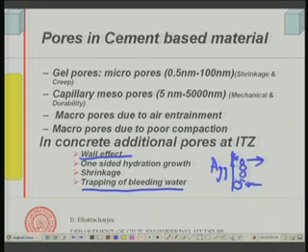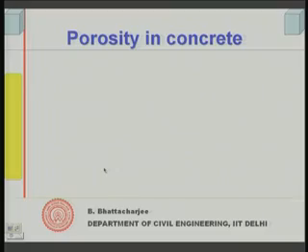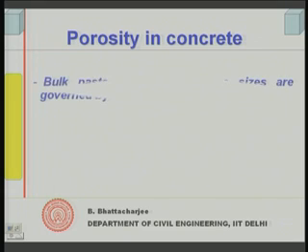And bleed water trapping, we have mentioned earlier in connection with bleeding, that when you have bleeding, bleed water can be trapped at the side of the aggregate, and this results in fissure formation. So, we see that in the interfacial transition zone, you have additional pores coming because of wall effect, one sided hydration growth, the shrinkage effect and trapping of bleed water. All this results in poor porosity at the aggregate paste interfacial transition zone, and the porosity there is more.